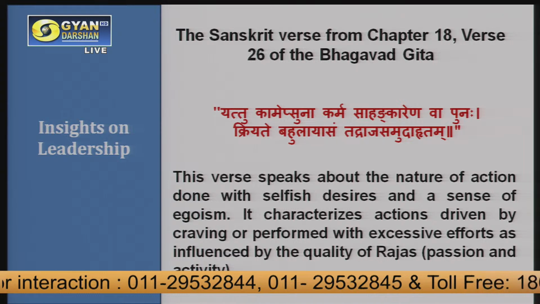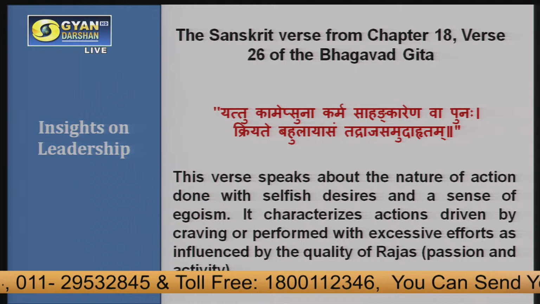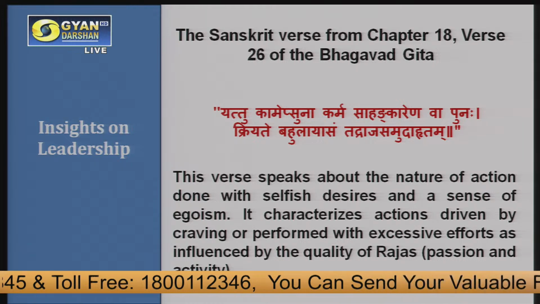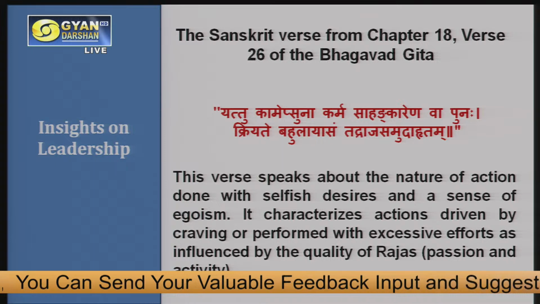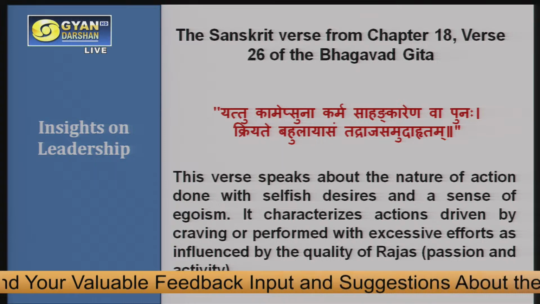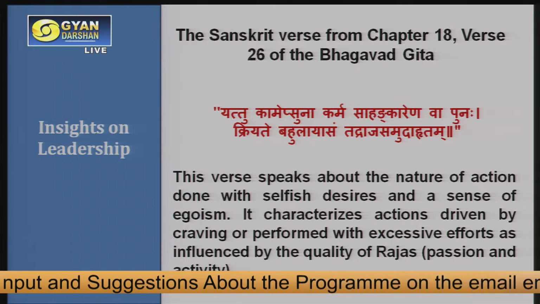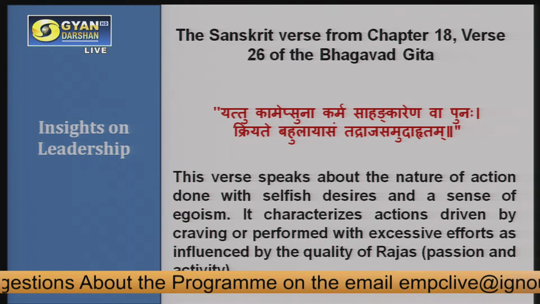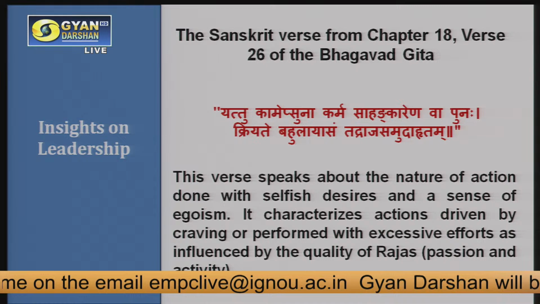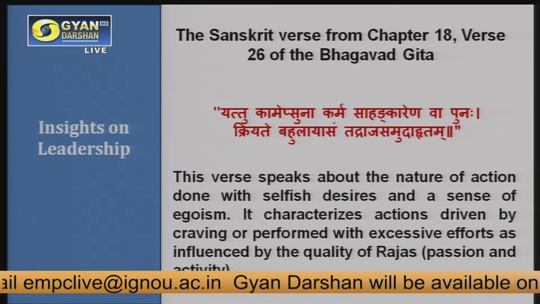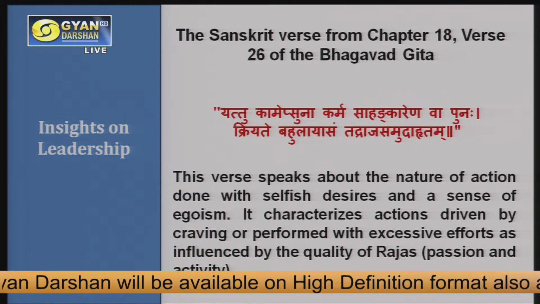In every organization, the manager or top management takes things on their ego. They want to do things on the basis of discrimination. These verses speak about the nature of action done with selfish desire and a sense of egoism. It characterizes action driven by craving or performed with excessive effort as influenced by the qualities of rajas, passion and activity, which means